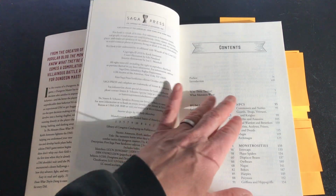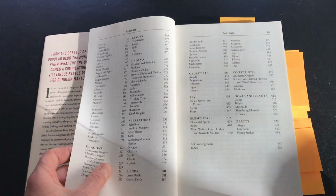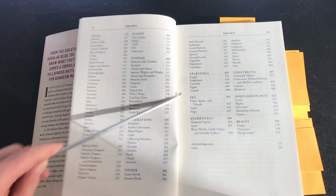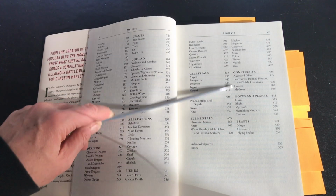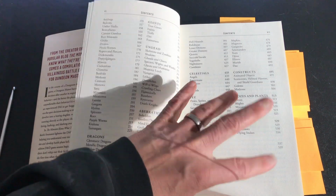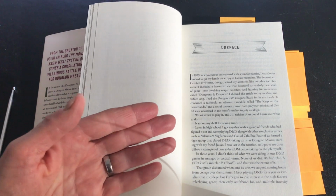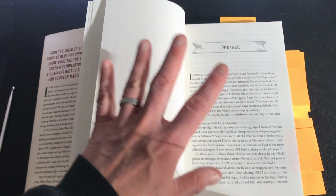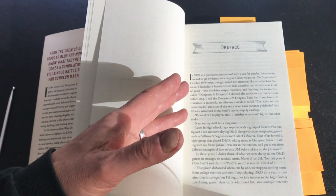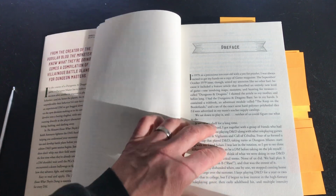As does 5th edition, the monsters here are divided up into various groupings: humanoids, NPCs, monstrosities, dragons, giants, the undead, aberrations, fiends, celestials, fae, elementals, constructs, oozes and plants, and beasts. At the beginning of each section, there is a very brief overview of the common traits of that section, and that also provides a little bit of larger meta understanding about what to look for in terms of the traits of the monsters in that grouping